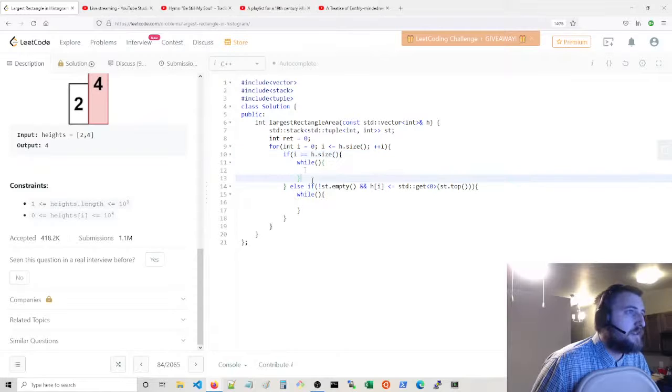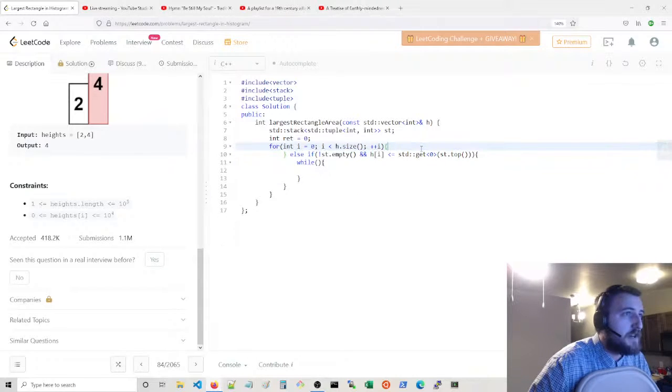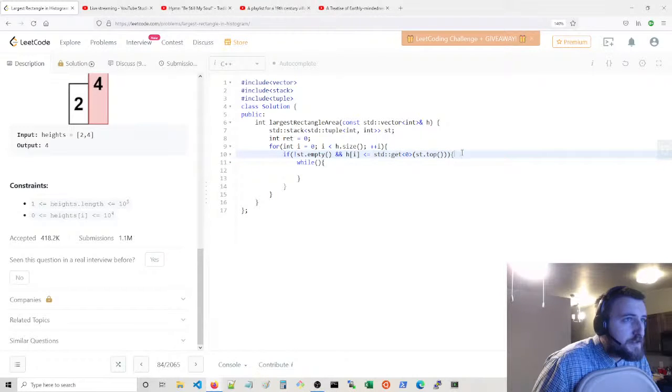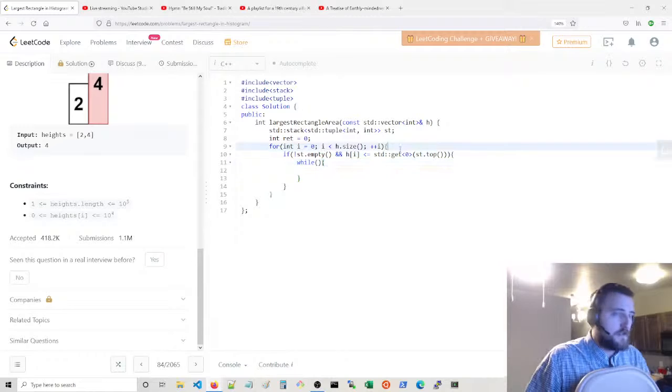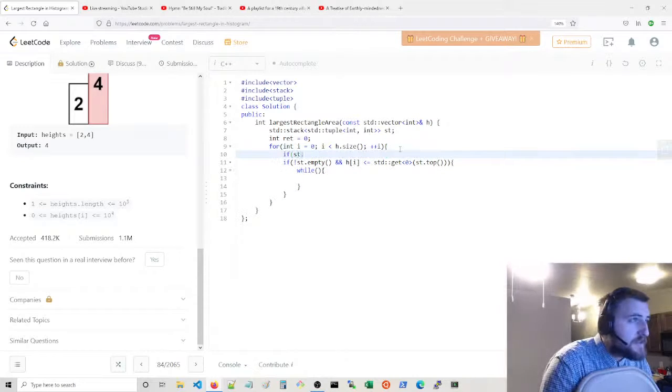We can do that in an if statement here. Actually, you know what we should do? We should actually just not do it that way at all. We'll add an extra line of code to handle that. Yeah, an extra routine. So we'll do that at the end. If the stack's not empty, so there are a couple things here. If the stack is empty, let's do it that way. So if stack is empty,